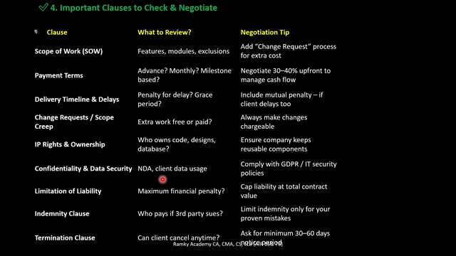In those cases, the customer definitely asks the supplier to sign the NDA and data security, so that any employees working on that project should not share any kind of information with a third party. The supplier is taking a huge risk to sign these kinds of confidentiality and data security terms. So this will comply with the GDPR and IT security policies, because they have to do the job across the globe.